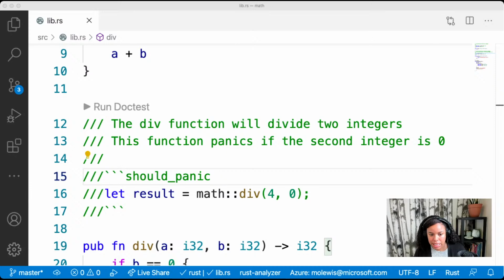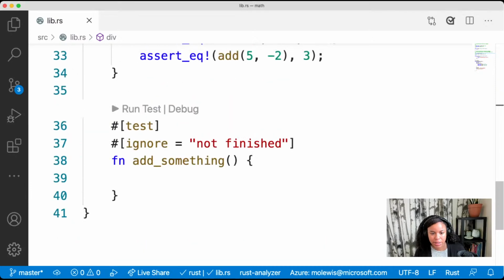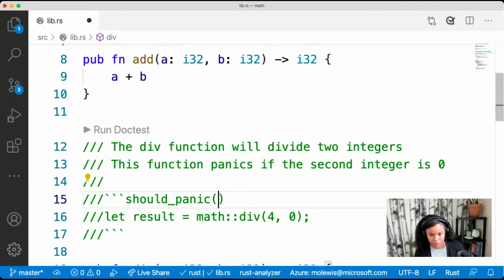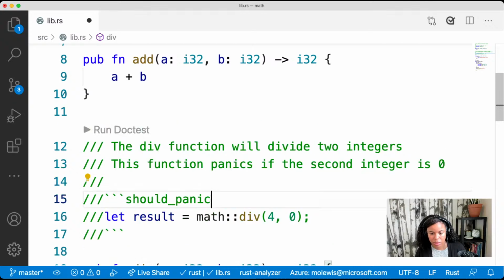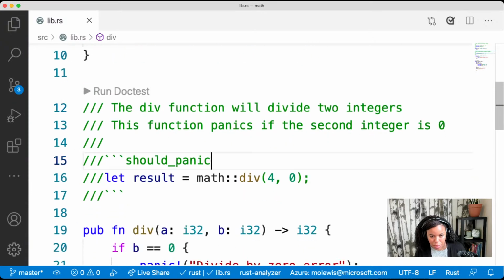Because what I was thinking is that it was just expected is equal to, and already when I do that, this annotation just goes away